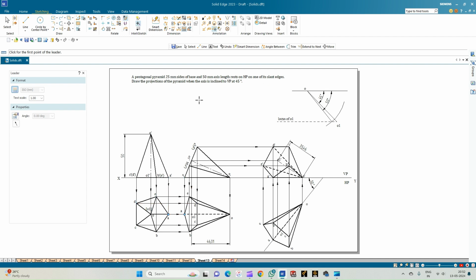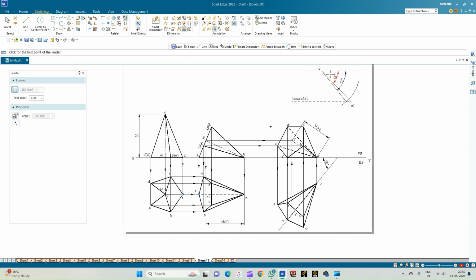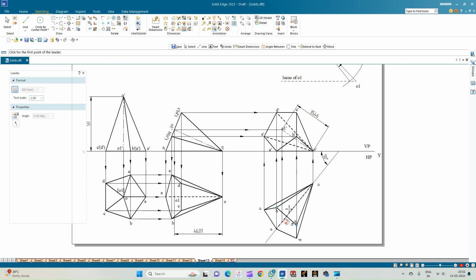And then it tells that the axis is inclined to VP at 45 degrees. So since the word appears to be is not used, we have constructed the beta angle, which is found to be 50 degrees. So now the axis appears to be inclined at an angle of 50 degrees in its third position. And then we have drawn the projection lines and also completed the front view of the pentagon. As you can see here, it is